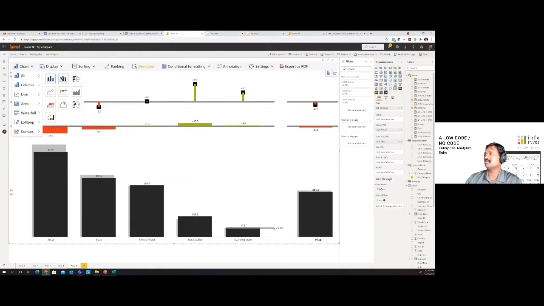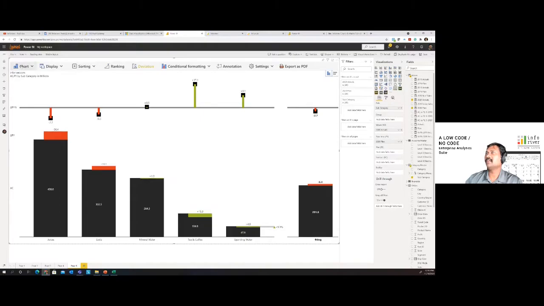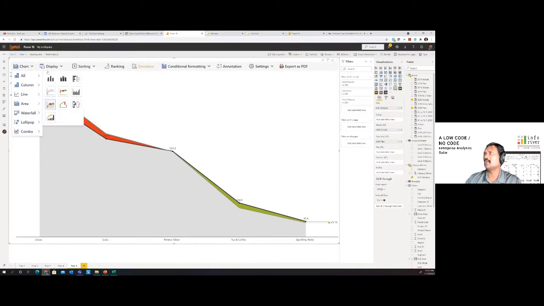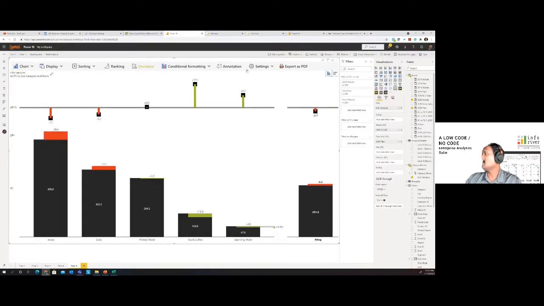I can come back. I have more charts. I can have my integrated variance. I can have all of the capabilities, the peaks and valleys, anything you ask for, you can have it. And you have the same annotation and storytelling capability, including measure-driven data labels. Anything you name it, you have it. But that's not what I wanted to show you. What I would like to show you is something pretty